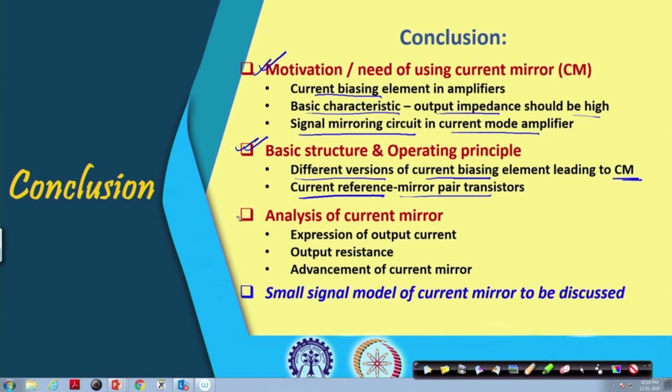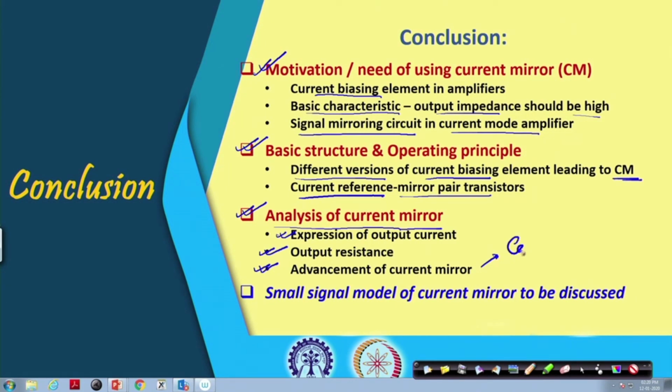And then after the break we discussed in more detail the expression of the output current. We went through detailed circuit analysis, and derived the expression of output current of a current mirror in terms of reference current and the aspect ratio or the reverse saturation current ratio. Then we also talked about the output resistance,